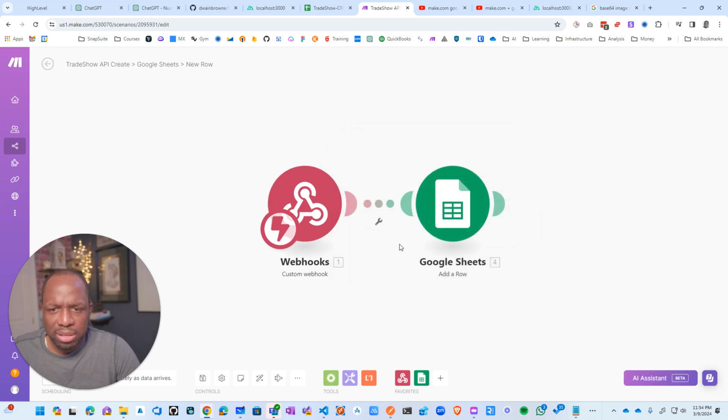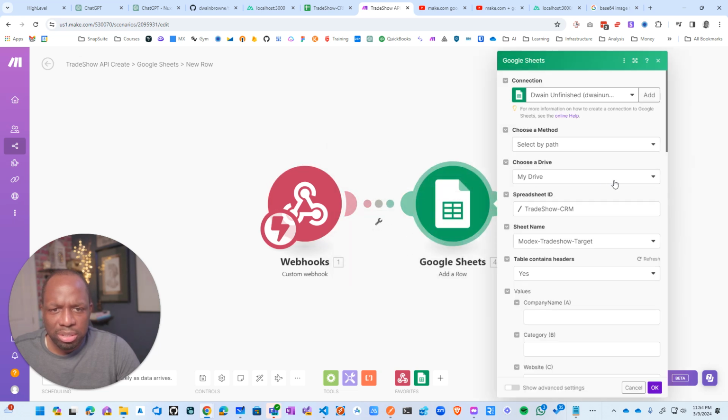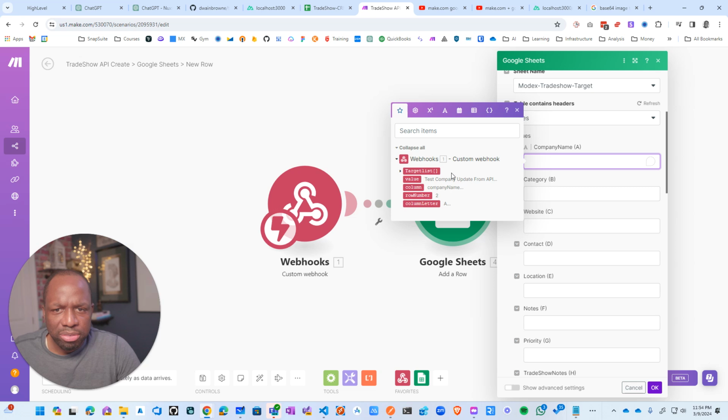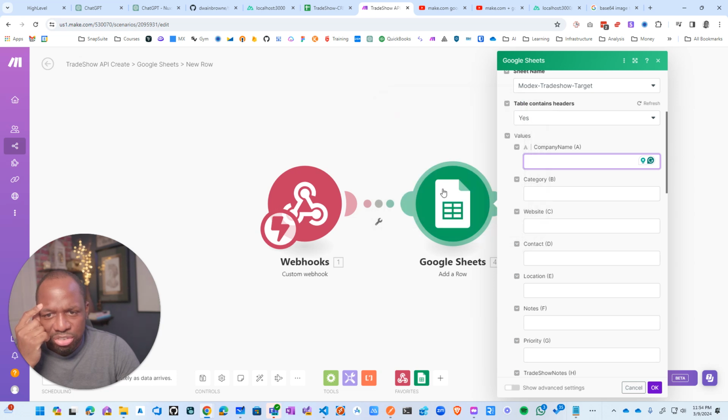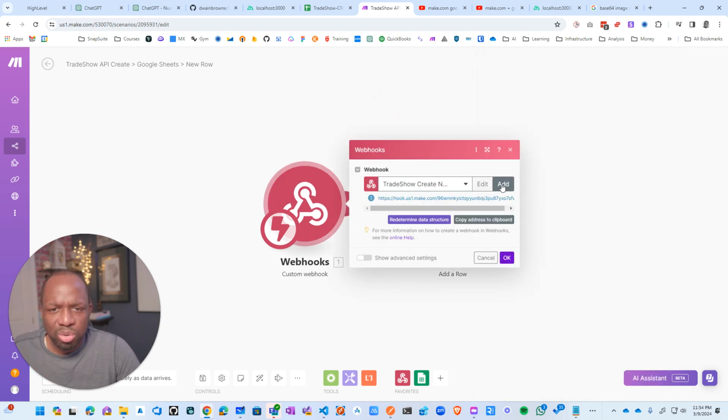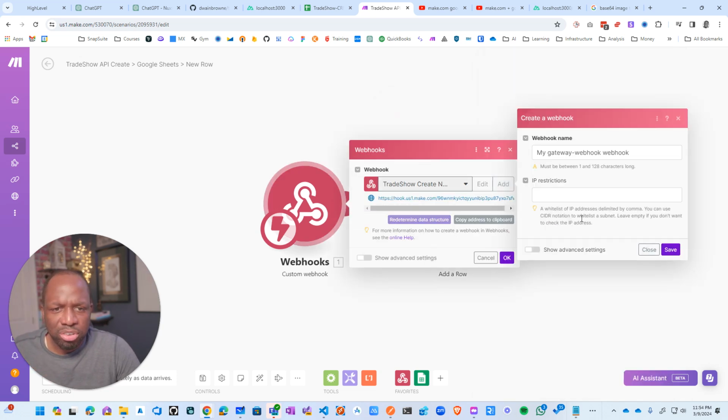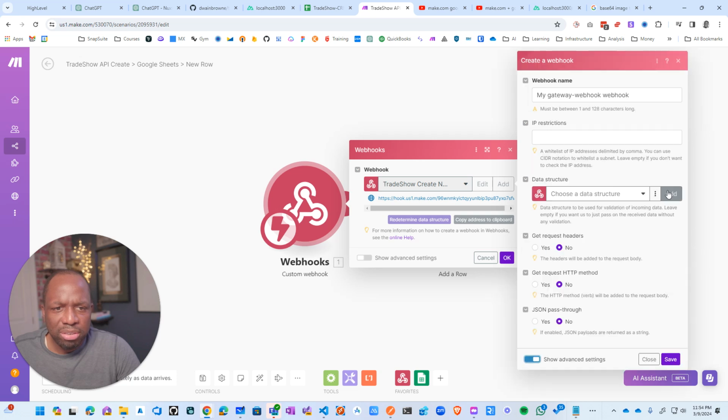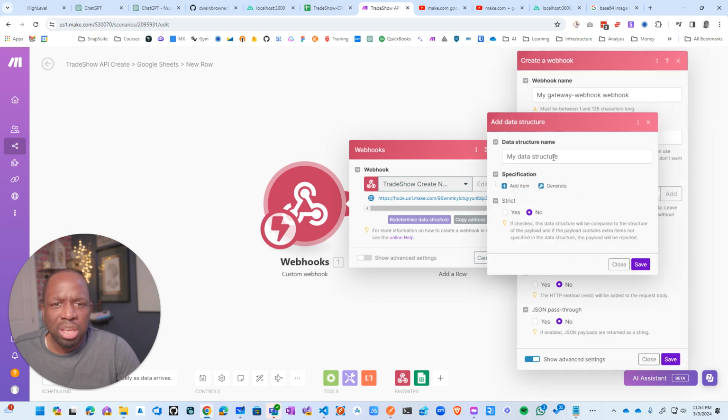Click OK. Then we just need to map these. Oh, right. No, that data structure is a little bit more, so we need to create our own data structure. So advanced, instead of choosing the trade show data structure, we're going to create the add new